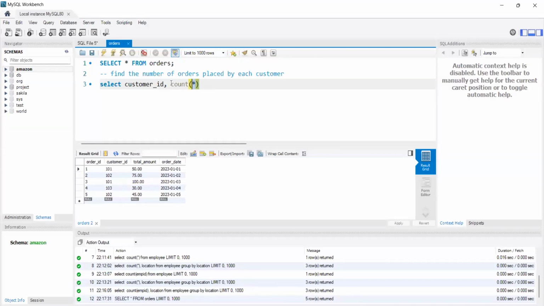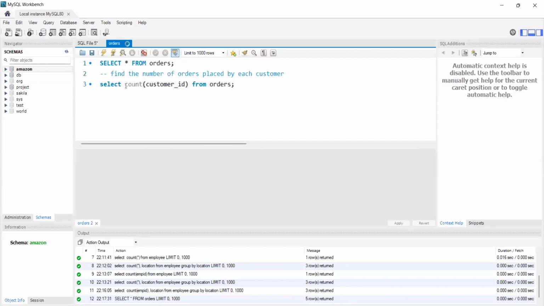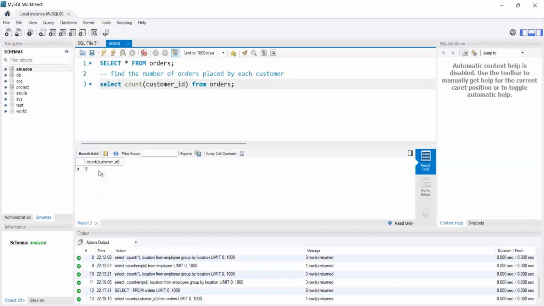Listen, if you use count customer underscore ID from orders, what output are you going to get? 5. It is going to count the number of records. The question is not saying that. The question is saying: find the number of orders placed by each customer. That means each customer has placed how many orders. That is the point here. I will write count on the basis of customer ID, because if my ID is 1 and I have placed orders 5 times, then it will count on the basis of that from orders, and then here